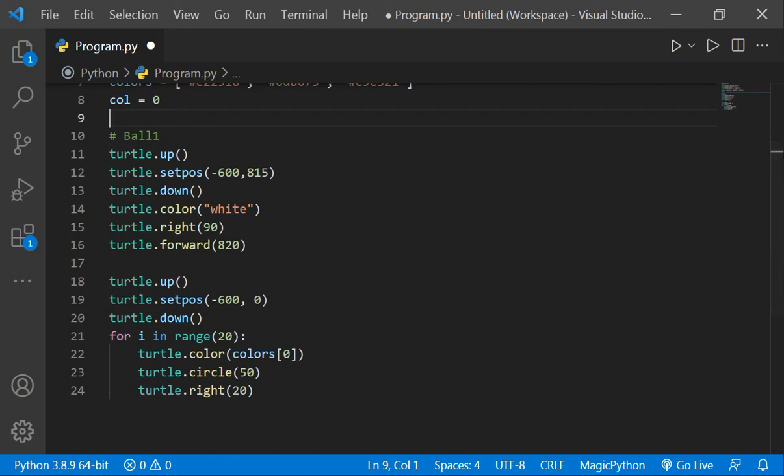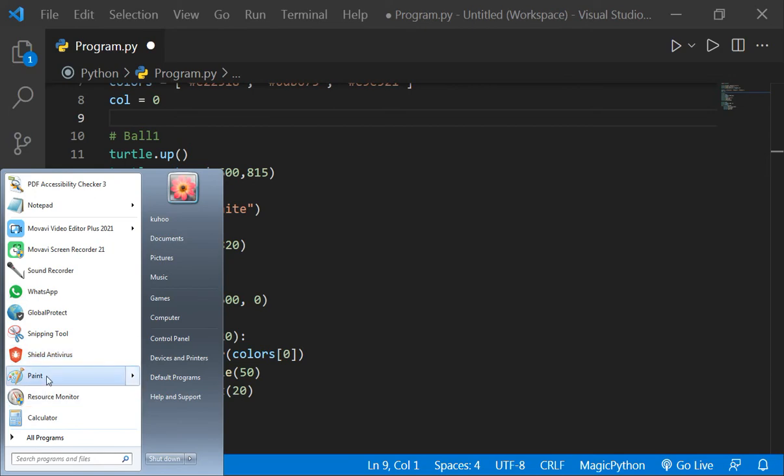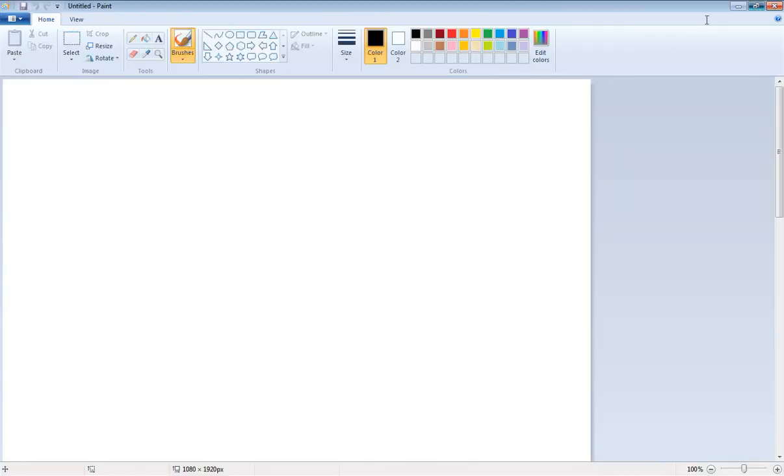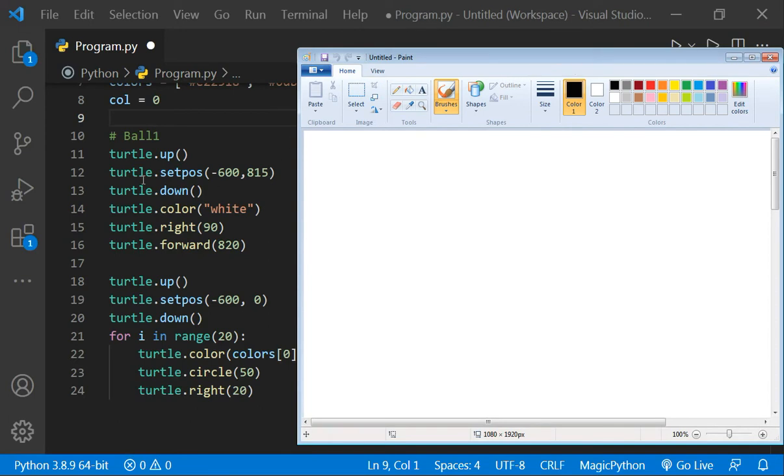To explain this code to you, I will open Paint so that I can tell you easily. Here I have written turtle.up. What will this do? It will lift the cursor up so that when we move our cursor anywhere or set the position, it doesn't draw any line on our window. It doesn't scribble.